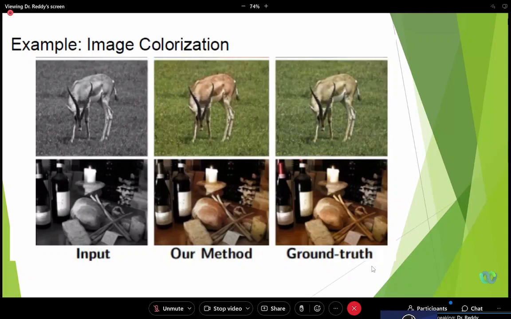Now here, by making such correlation assumptions with respect to intensity values, pixel values and other criteria, you are going to make some colorization. But you should make sure it is as good as the actual image which was captured in color when the object was there. So the first column indicates the given image, the second column is the colorized image of the actual given image by your model. The third column is the actual color image which you have converted to gray level and given to your model. That is the first column.